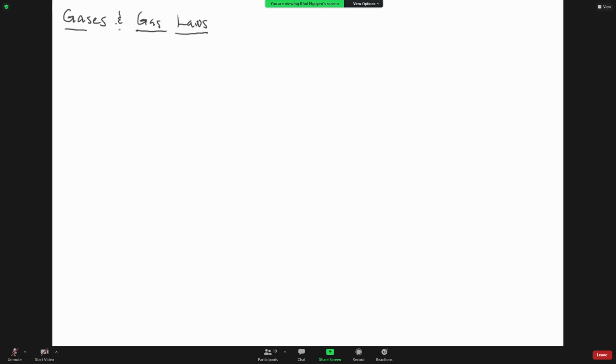So let's look at some basic gas definitions of macroscopic properties versus microscopic properties. So let's look at the macroscopic versus the microscopic, what's happening at the atomic level. So macroscopic properties we know are